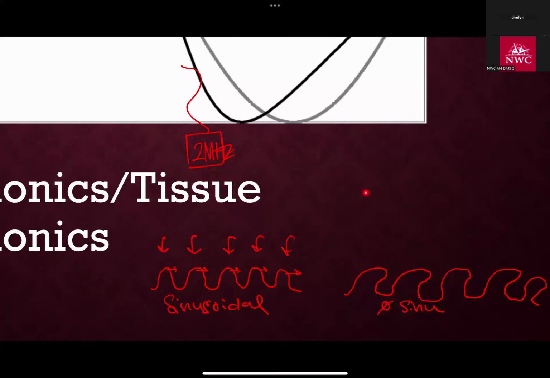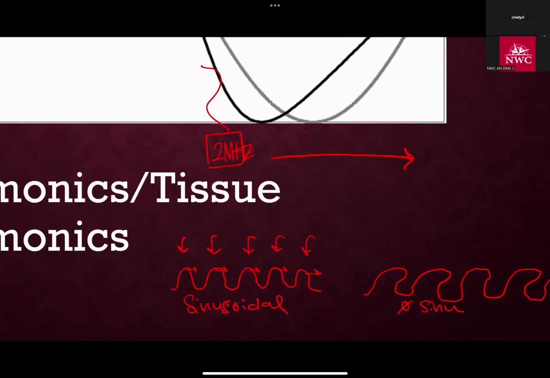Whenever you hear in physics the words non-linear behavior, non-linear propagation, as is associated with this non-sinusoidal sound wave, whenever you hear those non-linear words, I want you guys to connect it to a change in frequency. So this was the original frequency. The change in frequency is always going to be doubled. So if the original frequency was a 2, the new frequency, which is called the harmonic frequency, is going to be doubled